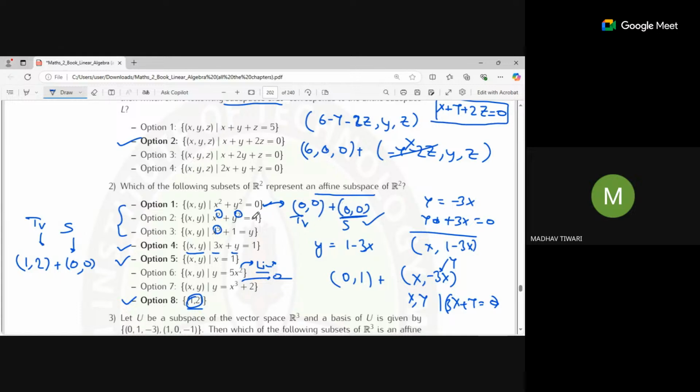But if you look at this part, the second option, x square plus y square is equal to 4. Okay. So it can have many solutions. Suppose (2, 0) is a solution, right? And (0, 2) is a solution. Okay. If you add these two vectors,